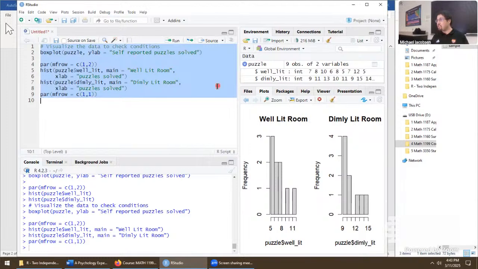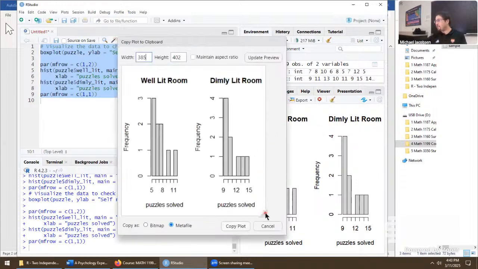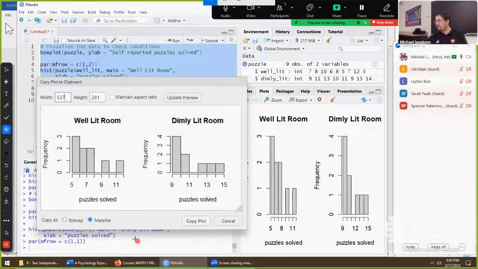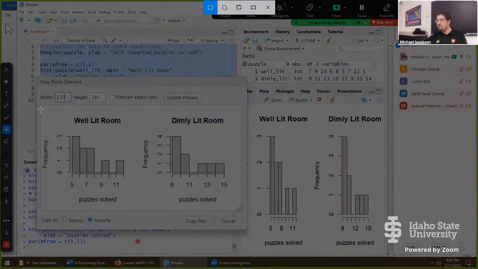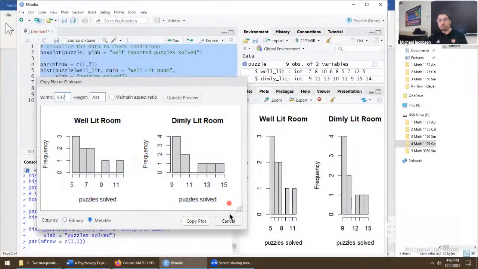So here's the change on the right, hit Control A, Control Enter. And these are slightly better looking graphics now. You can resize these however you like. Just click on the export and then use this to resize. And you could use the copy plot button, but oftentimes Windows Shift S to get the snipping tool out is a little bit better because you're not carrying in excessive amounts of white space, which RStudio is known to do a lot of.